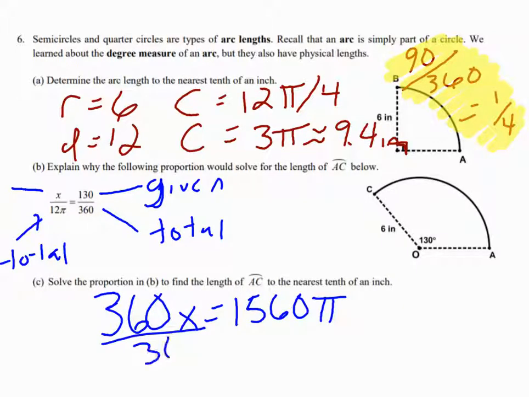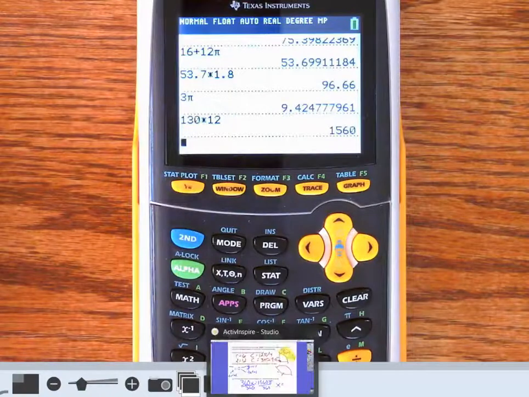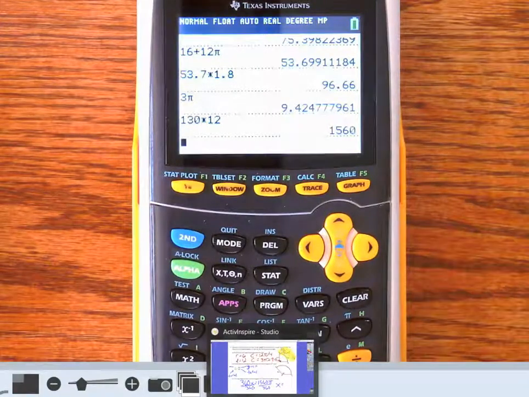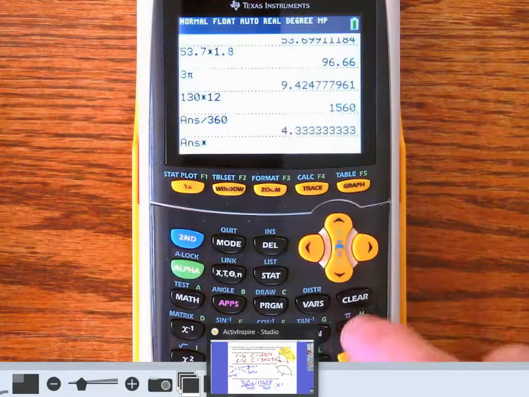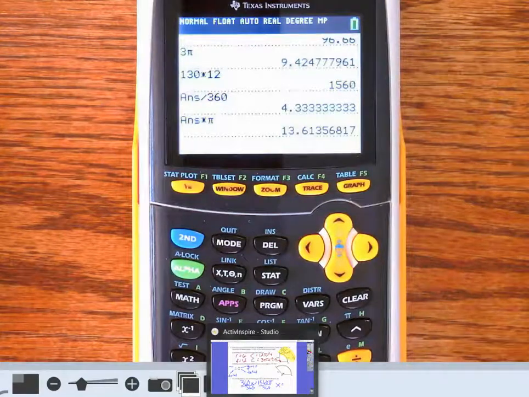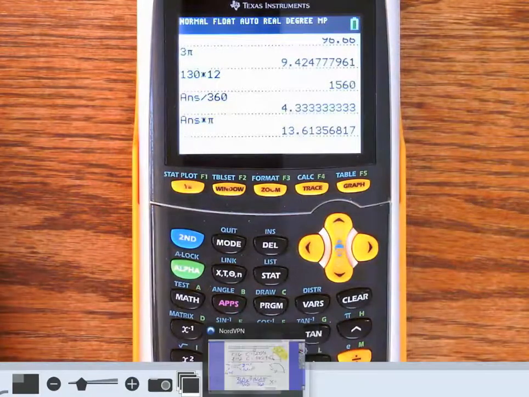And then we're going to divide by 360. And this says to the nearest tenth of an inch. So 13.6